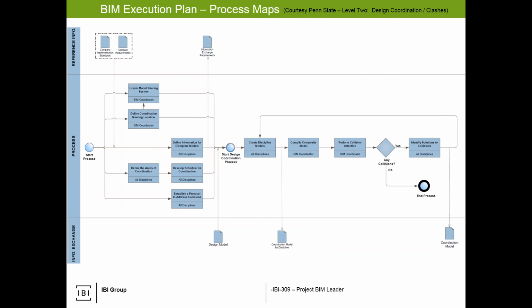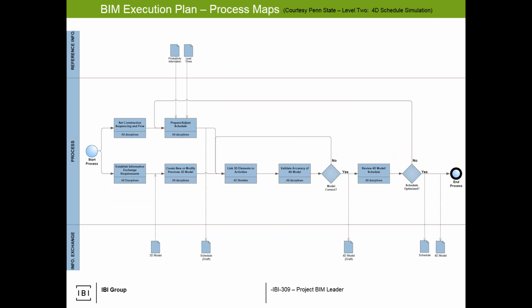So I'm not going to go through all of these, but I just wanted to show that for every single BIM use you could have, there's a template process map that we can pull from the Penn State that we can then augment. And as I said, we're augmenting these in IBI so that we have a global standard, so we can then look at this and say, do we understand what it's saying?